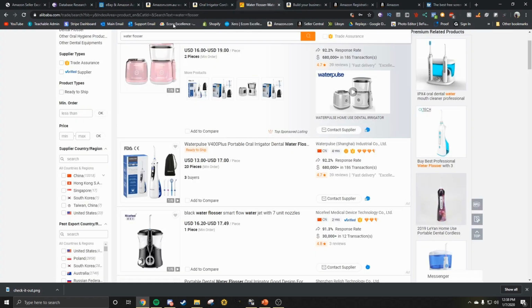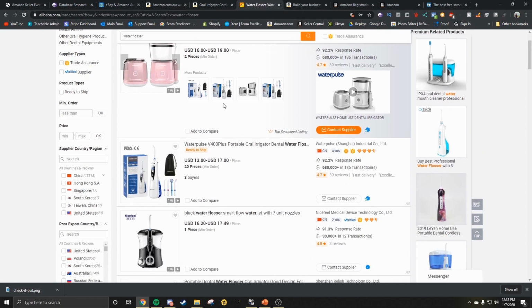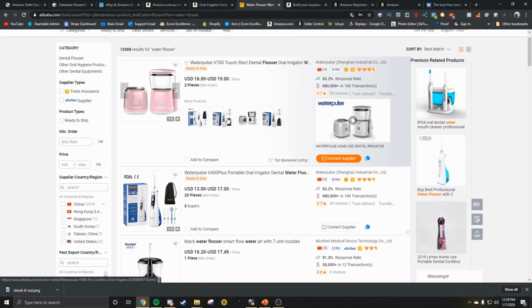So I went to alibaba.com, and like I said, I'll be talking more in depth about that in a second. But I went and typed in water flosser. What you want to look for is, basically, Alibaba is just a full website to find Chinese suppliers, to find reputable Chinese suppliers. So when we type in water flosser, we want to look for something that looks good